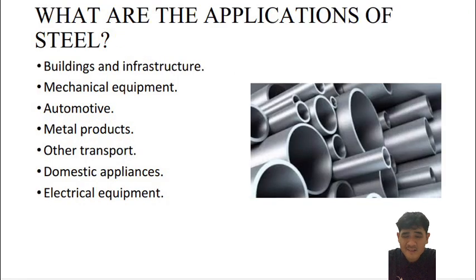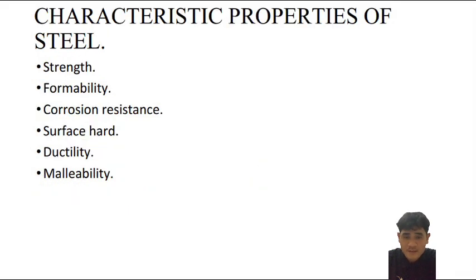What are the applications of steel? Buildings and infrastructure, mechanical equipment, automotive, metal products, other transport, domestic applications, electrical equipment. Characteristic properties of steel: strength, formability, corrosion resistance, surface hardness, ductility,